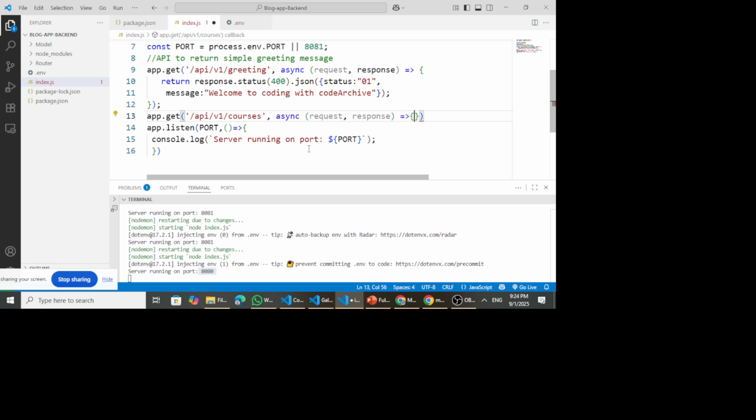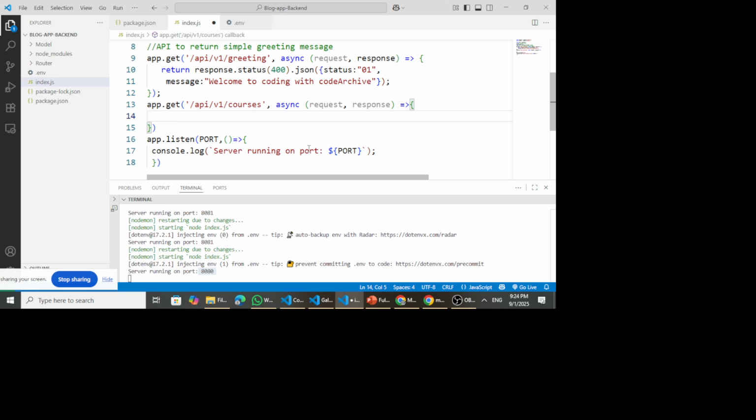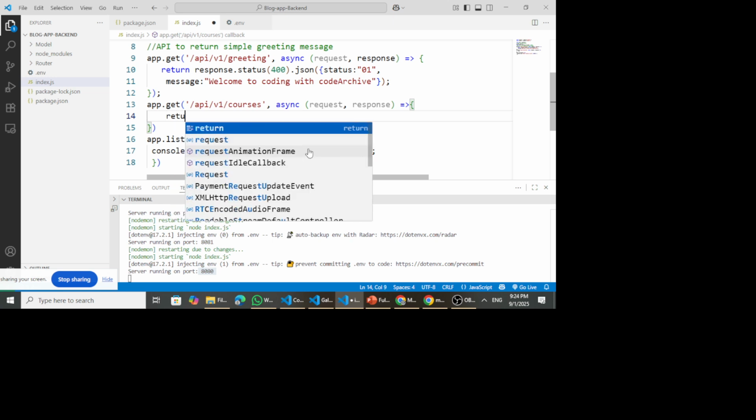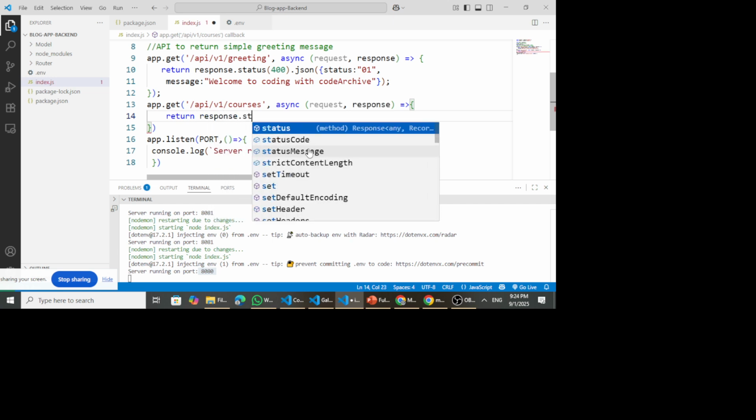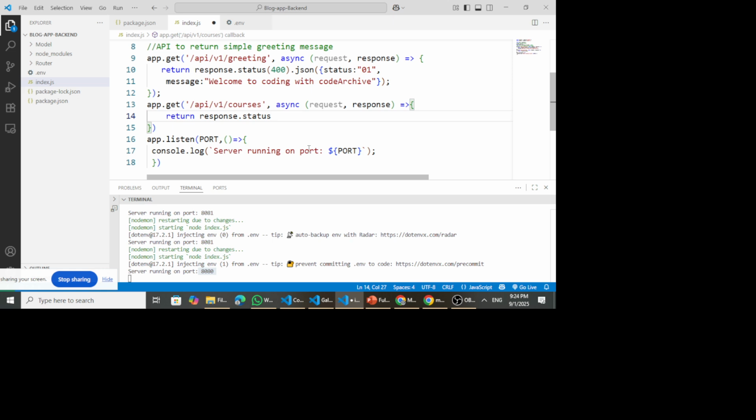Okay, then now we define the logic. So when this API is called, simply return response dot status, status code 200 dot json, data in json format, and in this json format return